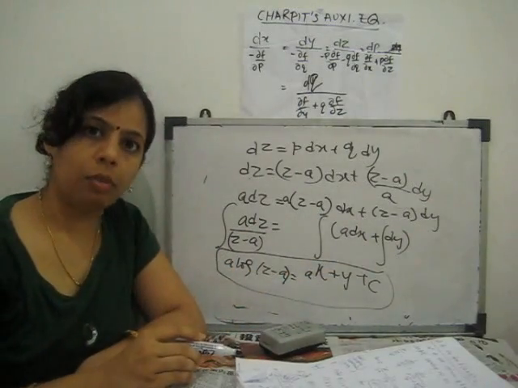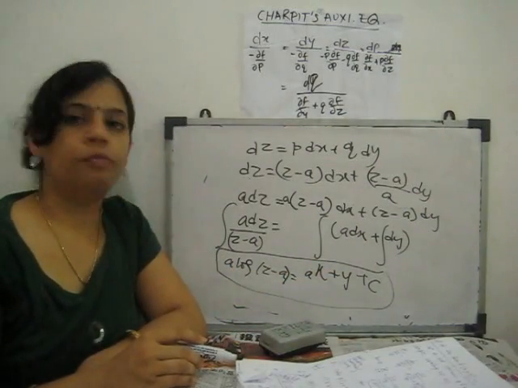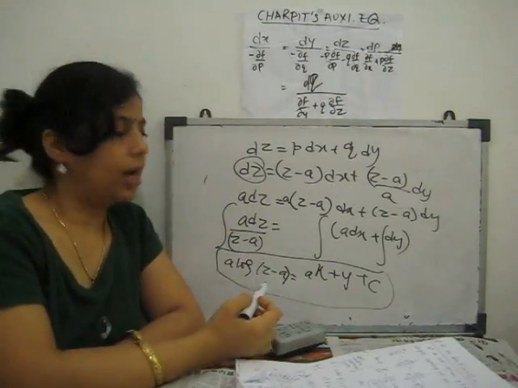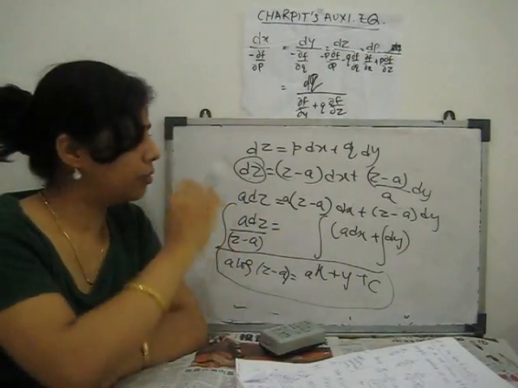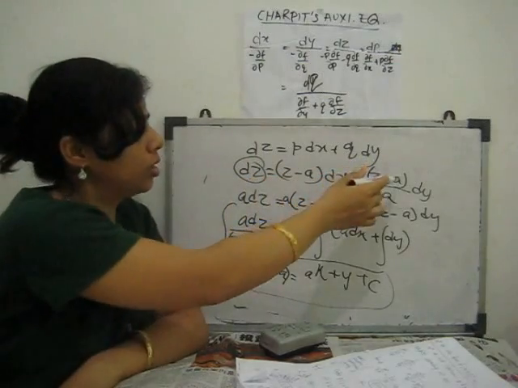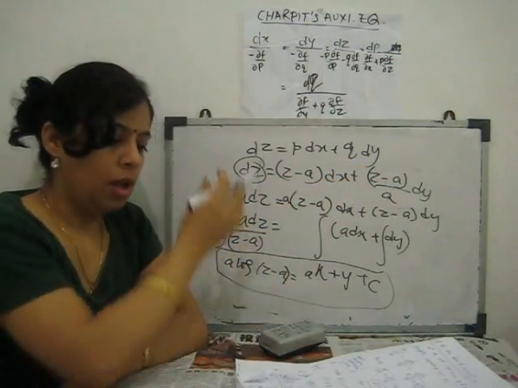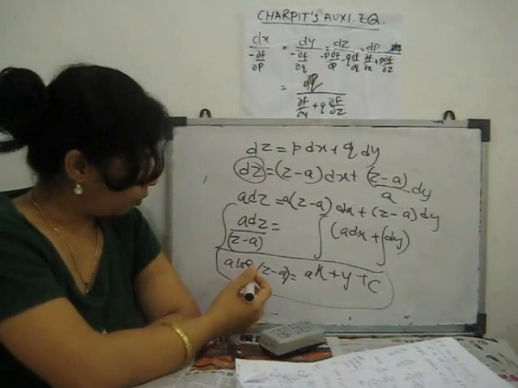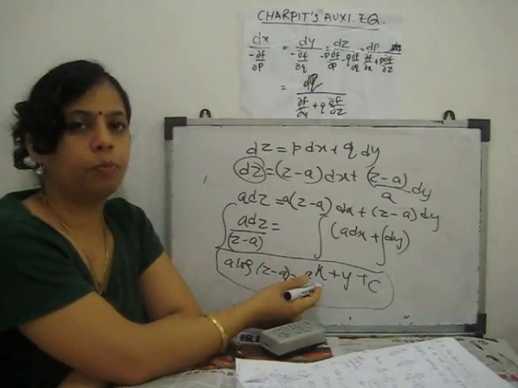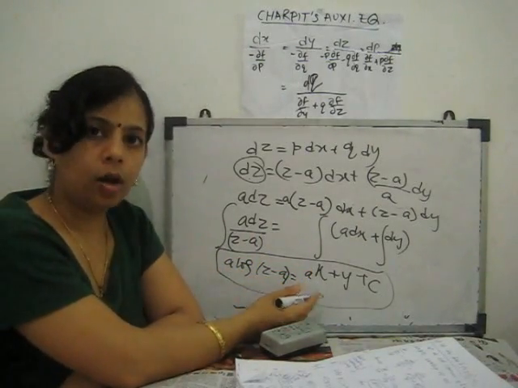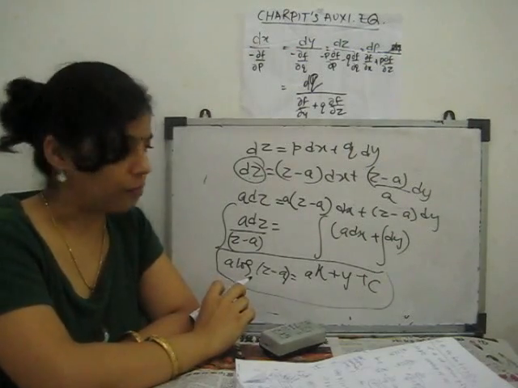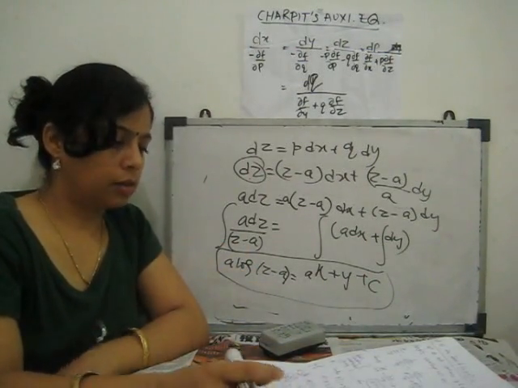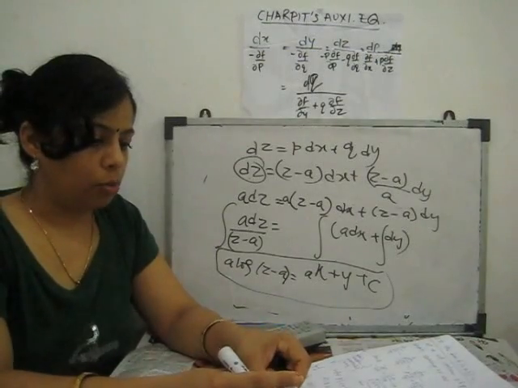So always remember, whatever the term with z, we have to combine with dz and then integrate it. Means we have to convert whatever the question is into integrable form. When we convert this into integrable form, we can easily find the solution. If we want to remove this a, we can take the antilog and give the answer in exponential form also, and this will also be okay. So next I will show you one more example.